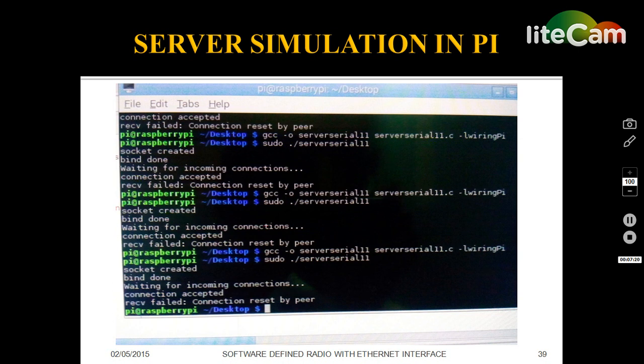After the socket creation, binding is done, then it will wait for the incoming connection, and after the connection is accepted, it will show the message connection accepted. If the reception fails, or after the timeout, the device will display connection reset by peer.